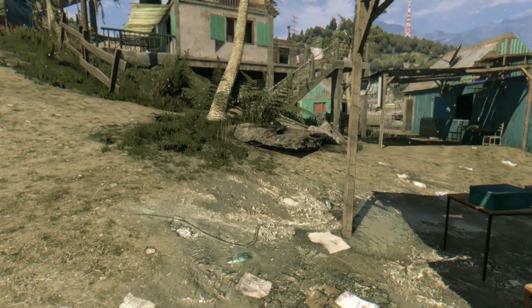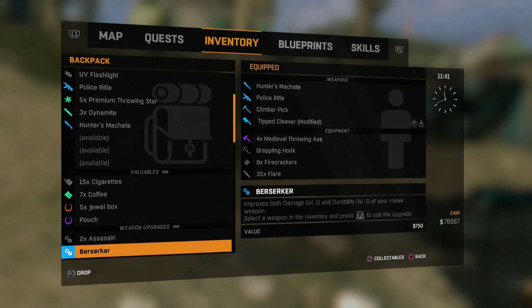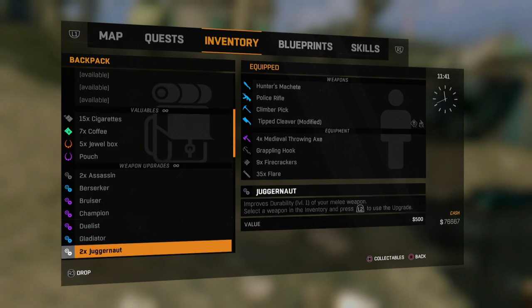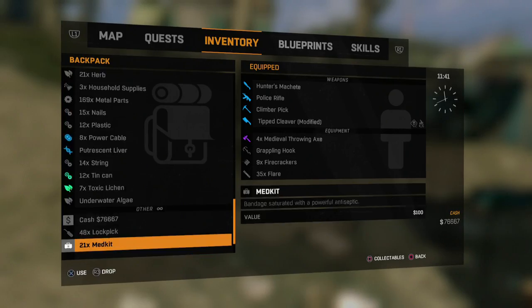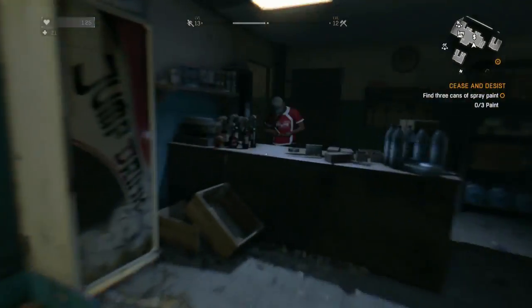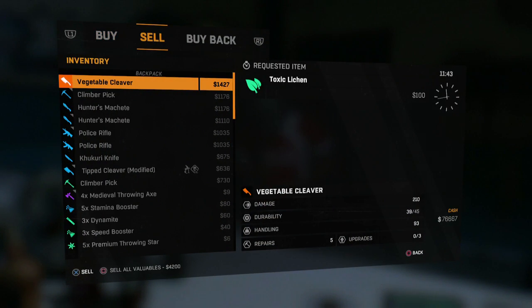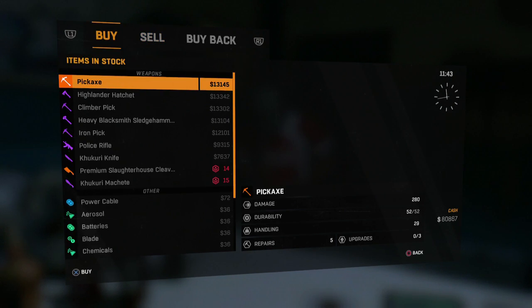Let me remove that waypoint real quick. Just to give you an idea, I didn't get a huge haul, but I did get quite a bit of money. I'm at 76,000 now. And then I'll show you right here. I'm gonna go ahead and sell this stuff and see just how much the valuables alone get me. 4,200, that's a little bit less than my last haul, which was about 5,300, but, you know, including the weapons,